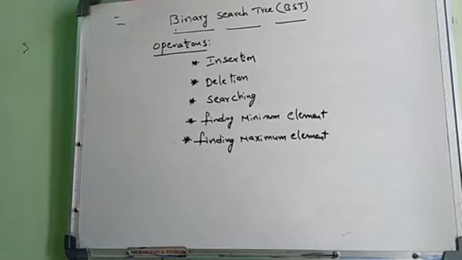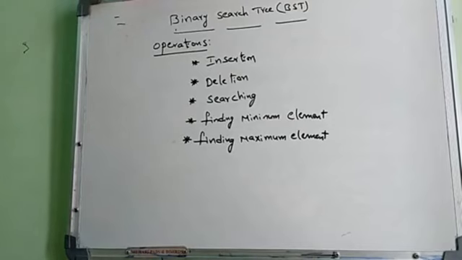Okay, binary search tree is nothing but we are implementing both the binary tree methodology as well as binary searching techniques. Binary tree methodology means each node has either 0 children or 1 child or maximum 2 children. That is the principle of binary tree. And binary search means we first search the element at the mid position, or arrange the data in order, then we can search. So now we are going to discuss the operations of binary search.